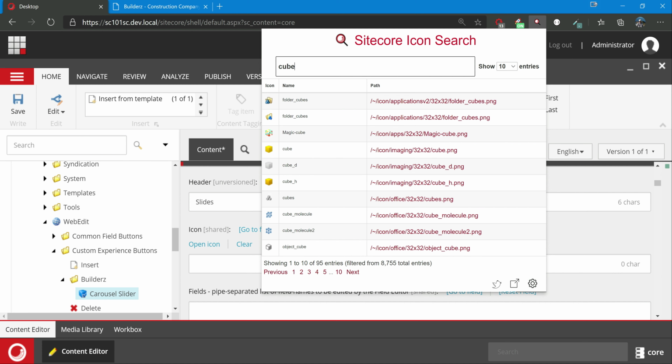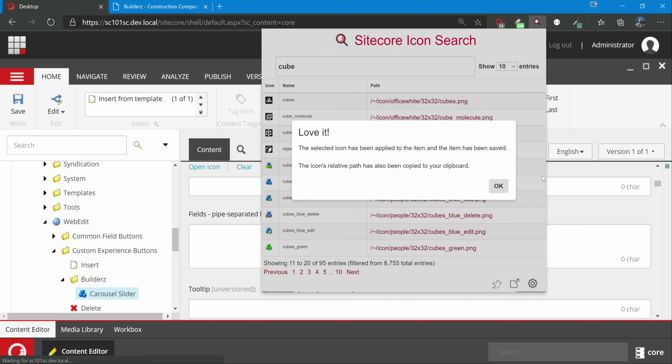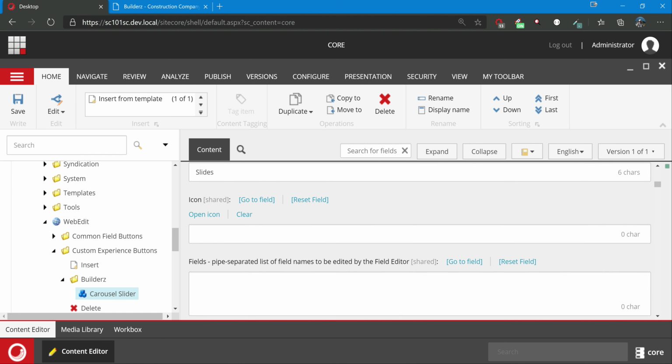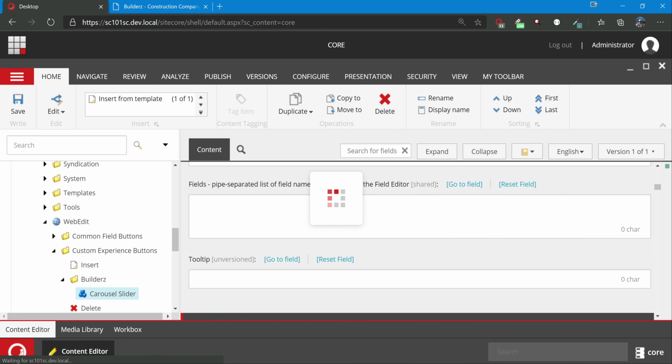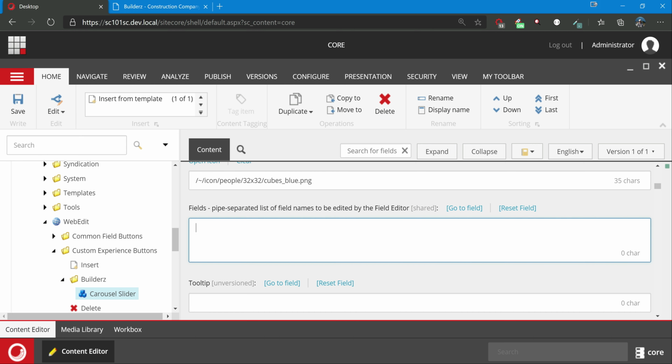Most commonly we use one cube, yeah, you can add this. So it's already applied. Okay, and we also apply here as well. I mean, this icon we are applying, but more or less we need this icon, because this is what it will show in Experience Editor, and this is the main one, fields.